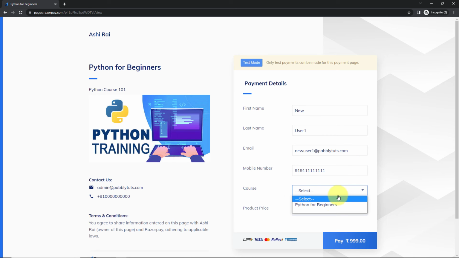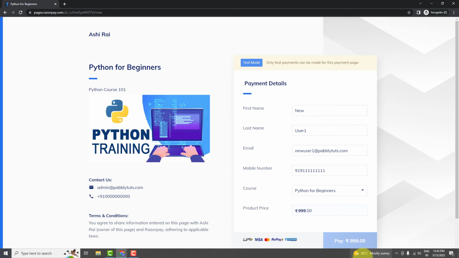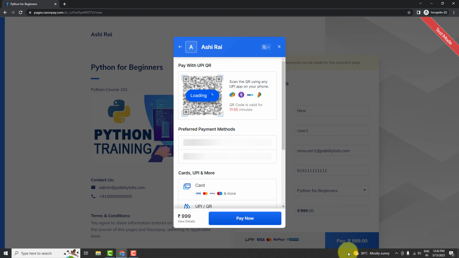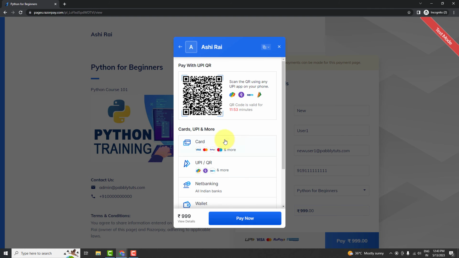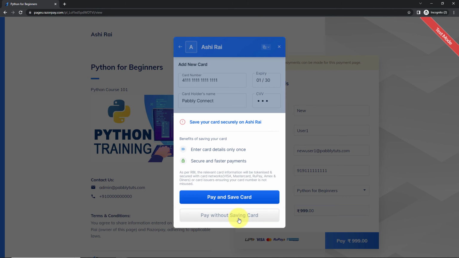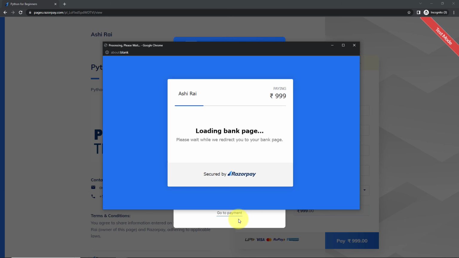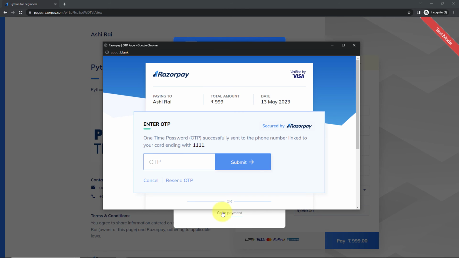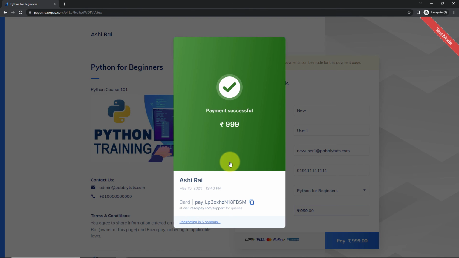Then we have the course. So the course is this, and this is the product price. I'm going to click on pay, and here we have to select the payment mode. So I've selected card, and let's fill in the test card details. And now I'm going to click on pay now and pay without saving card. So as I do that, here it is asking me for the OTP. So OTP given. And now here you can see that the payment has been successful,